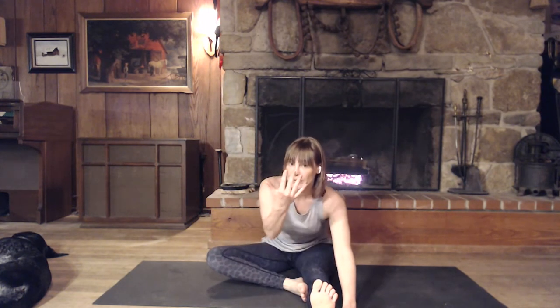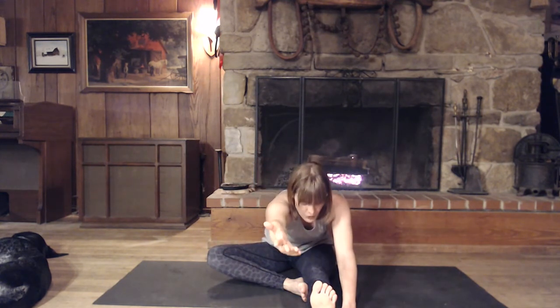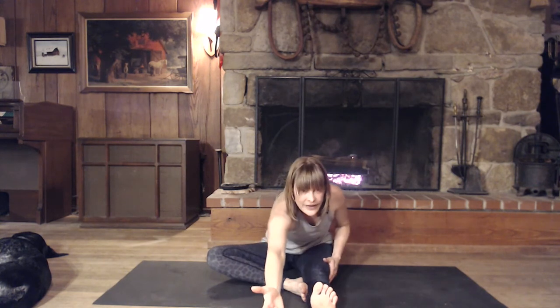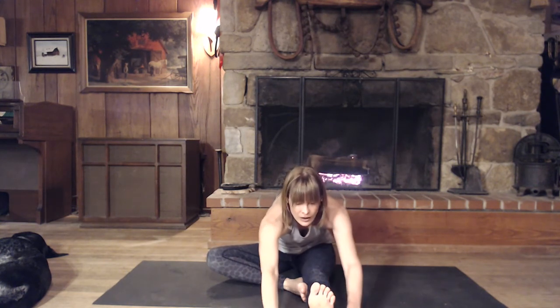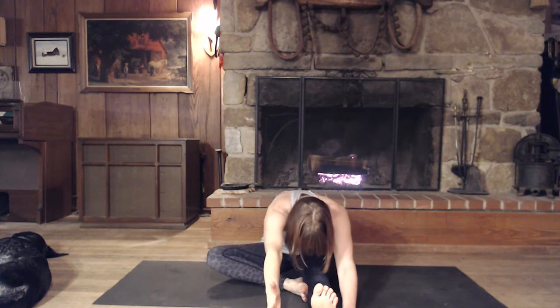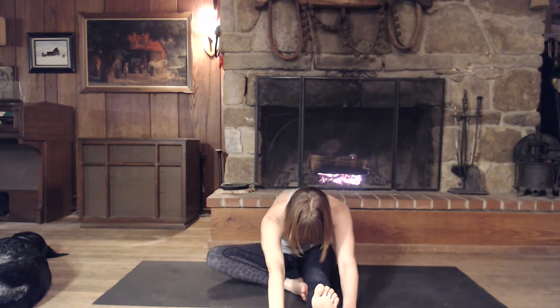So the leg that's bent, left leg if you're mirroring me, you're going to take that arm and reach it very far forward and just hold for that stretch. Bring that shoulder forward more, as per the leg that's bent. The leg that's bent, that arm really reaches out. You can bring it to the floor, but I want you to really pull that shoulder forward and just breathe